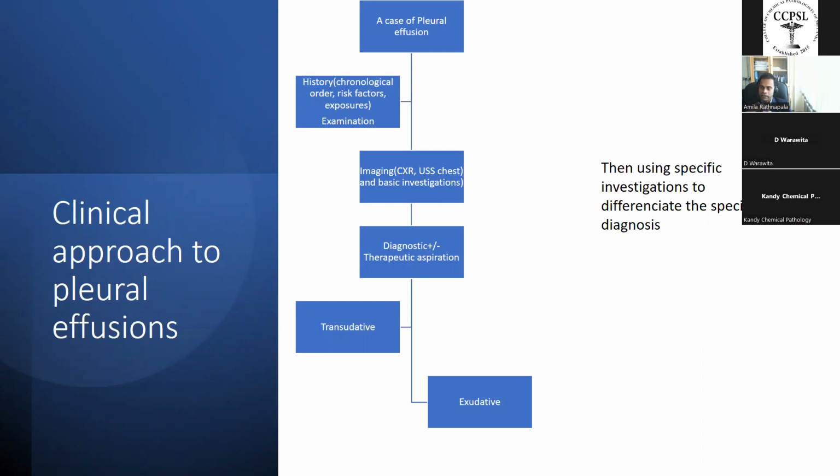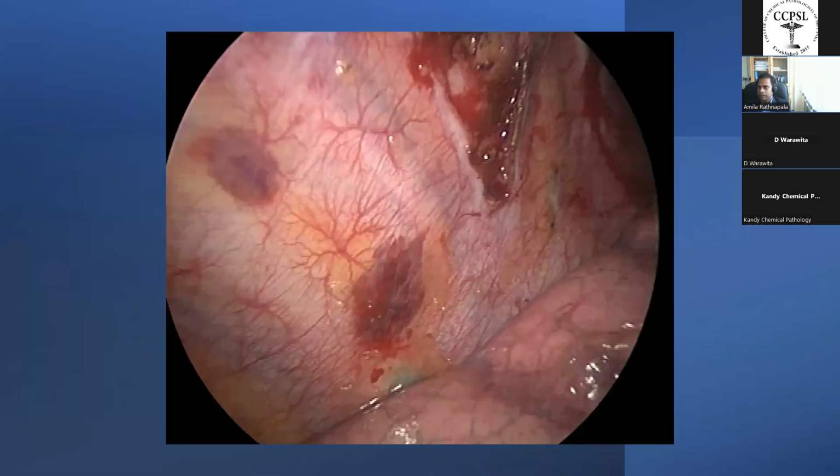We found it's an exudative effusion, and the cellularity was mainly blood-stained fluid. And then we decided to proceed with the thoracoscopy. This is a thoracoscopy; we do medical thoracoscopy in our setting under local anesthesia. So we directly went to the pleura, visualized the pleura and took some biopsies. And we found these hemorrhagic areas in the pleura, and